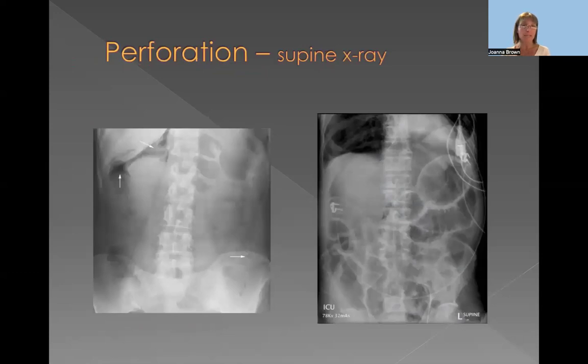Another few examples of perforation will be this characteristic triangular appearance between the liver and the loops of the bowel, and again a few triangles here, or a very typical but very small triangle that you can see here between the abdominal wall and the loops of the bowel, and more examples here with more triangles along the walls of the abdomen, and the big lucency over the liver, and the regular side, good visualization of the loop of the